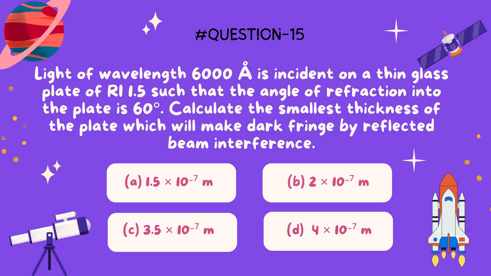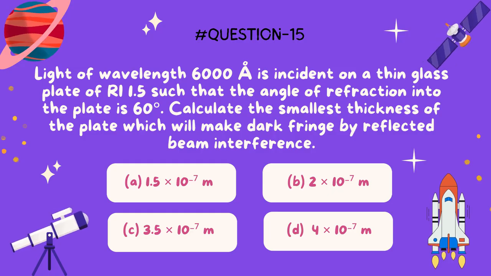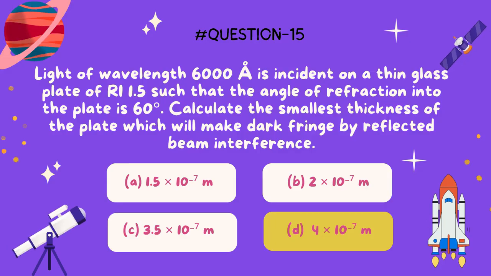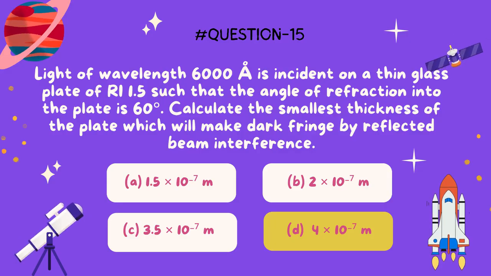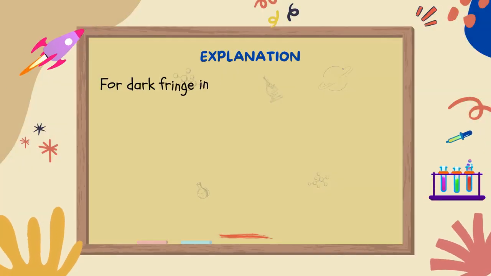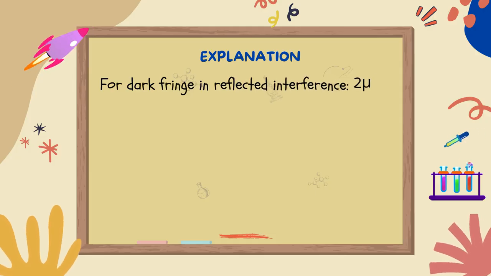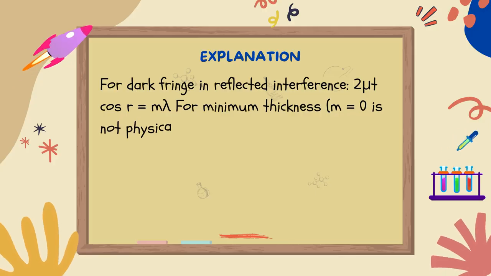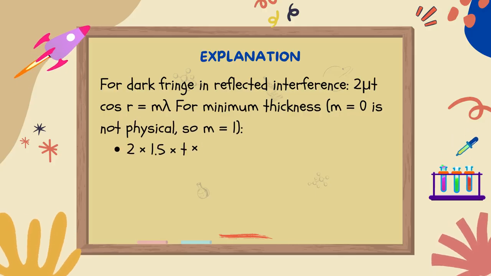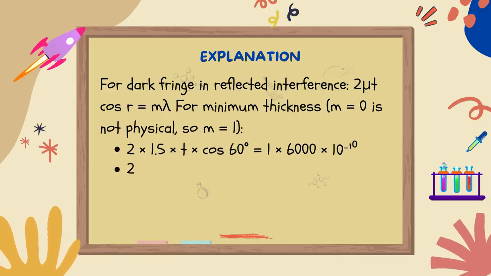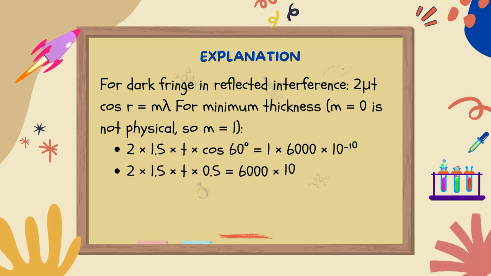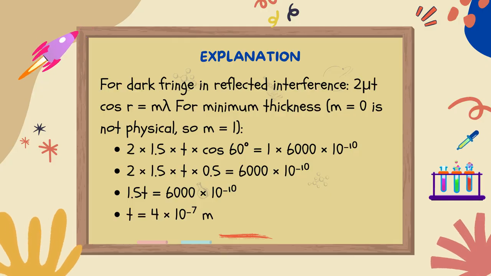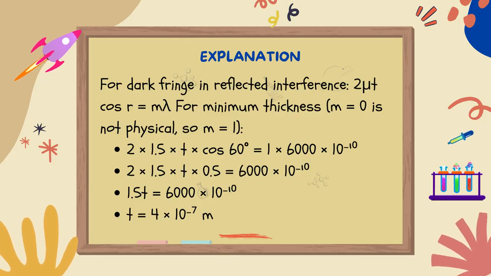D. 4 times 10 raised to power negative 7 m. Correct answer: D. 4 times 10 raised to power negative 7 m. Explanation: for dark fringe in reflected interference, 2 times mu times t times cosine r equals m times lambda for minimum thickness. 2 times 1.5 times t times cosine 60 degrees equals 1 times 6,000 times 10 raised to power